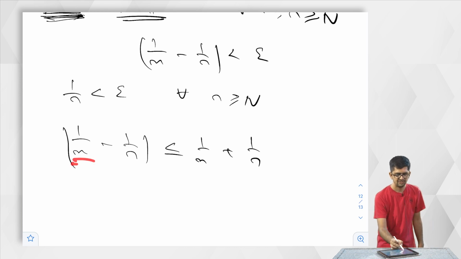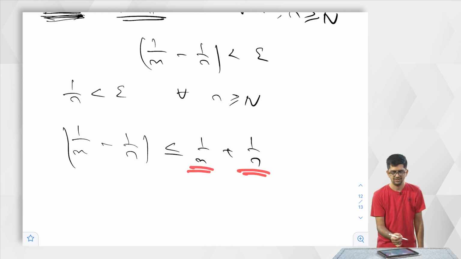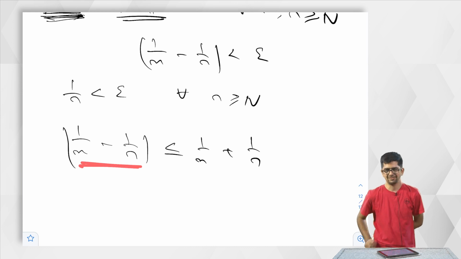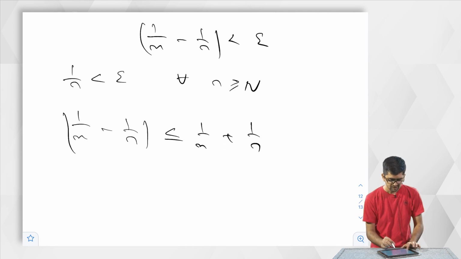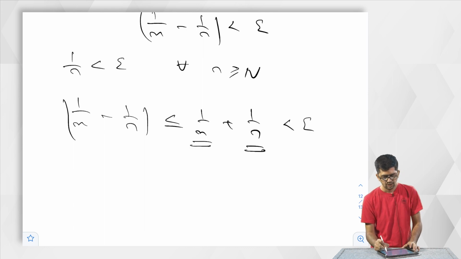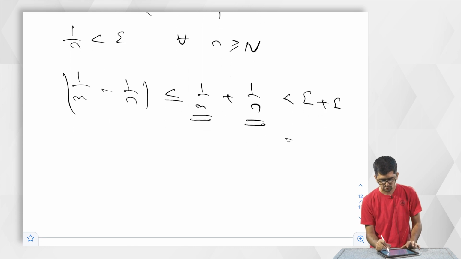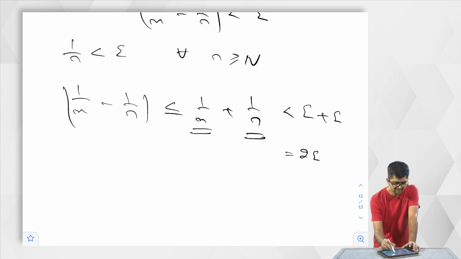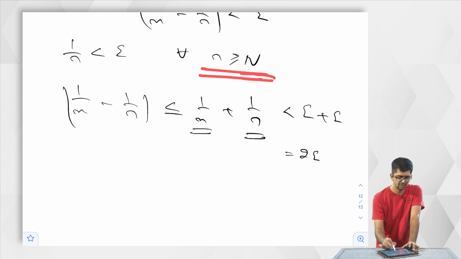These are two positive elements, and adding two positive elements is of course greater than the difference. So, 1 by m is less than epsilon, 1 by n is also less than epsilon. So, this is equal to 2 epsilon. So, once I cross this N, for every n, m